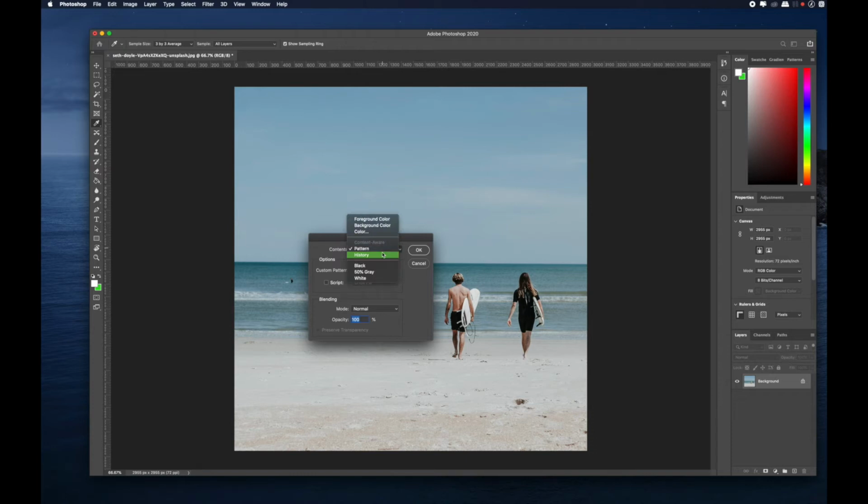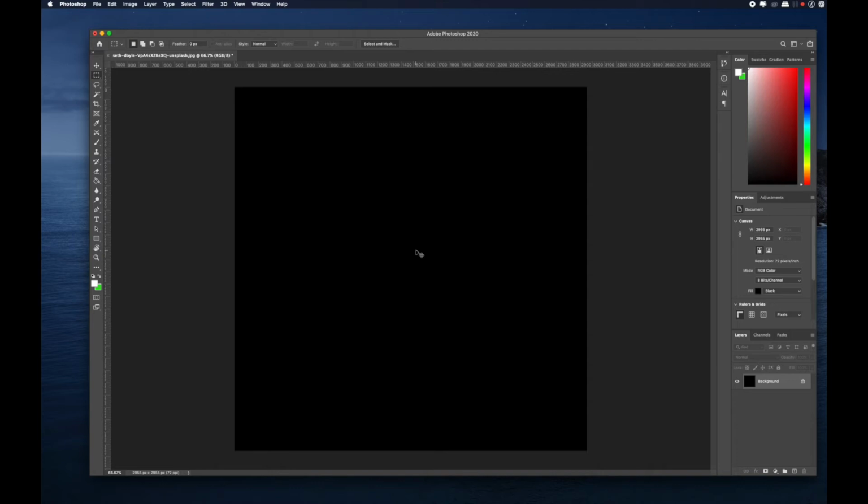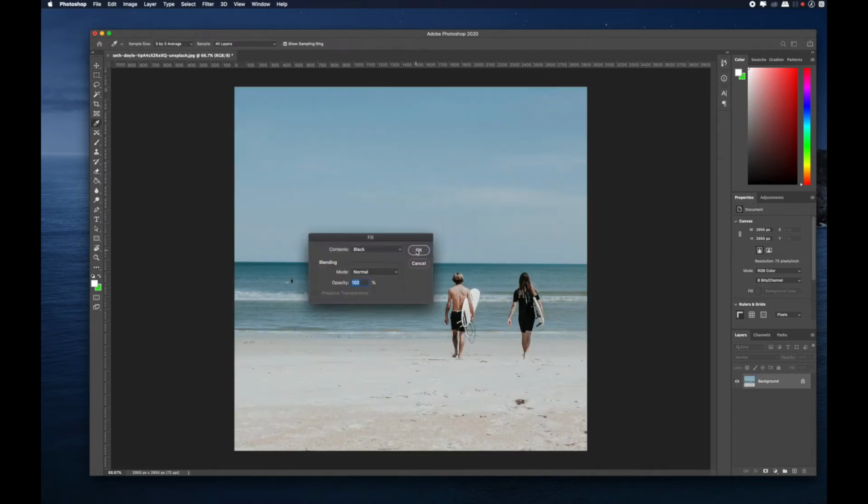See, whatever action I do, a history is created. Suppose I am selecting something or I am deleting something, history is created. So you can do it from history as well, but because I've started a new project, I don't have any history available, so I'm not choosing that, and nothing will happen. Again black, so when you do okay, it will fill with the black. So I hope you have understood how this fill option works.